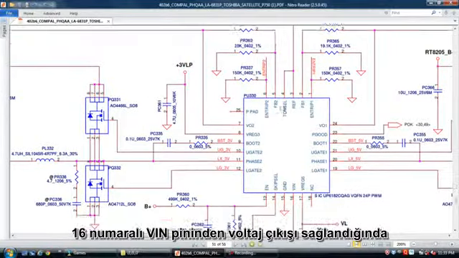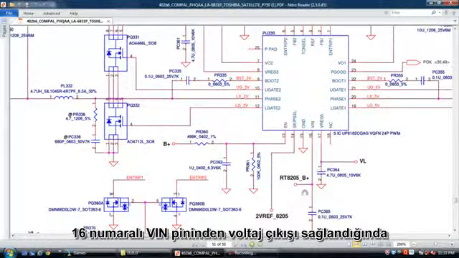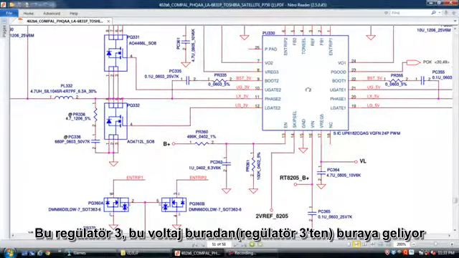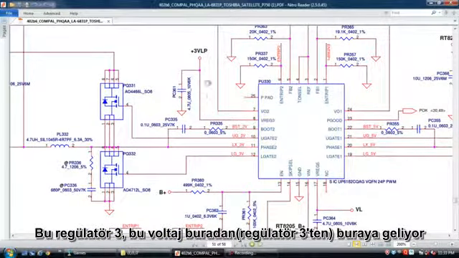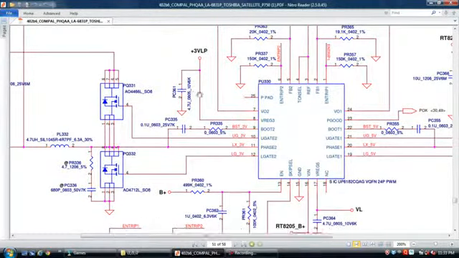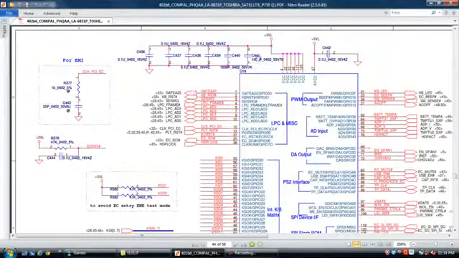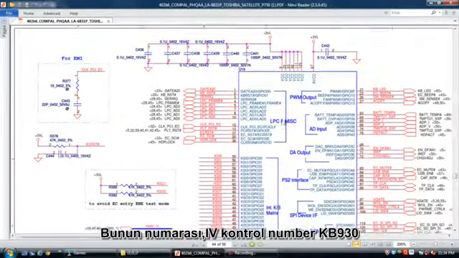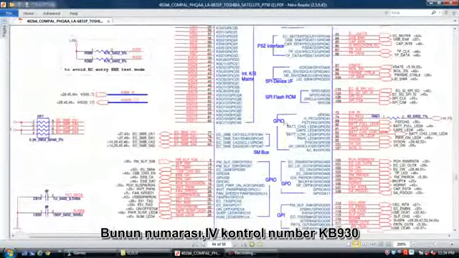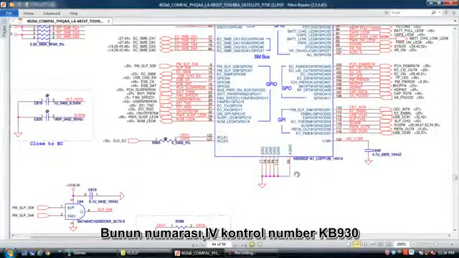This voltage comes to V in pin number 16, plus B pin. When you give voltage to this V in pin 16, the regulator gives output from this place, and this voltage goes to the IO controller, KB930.